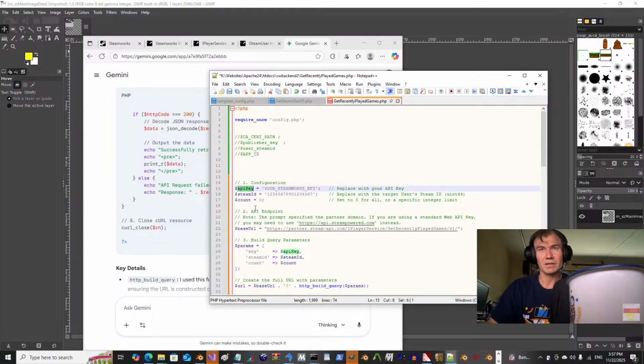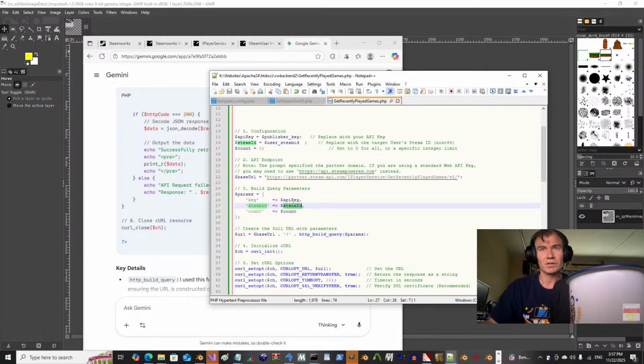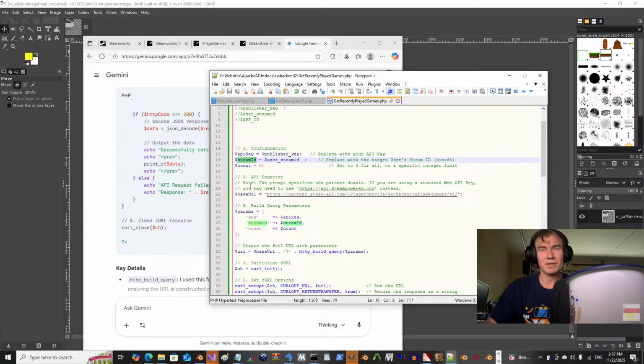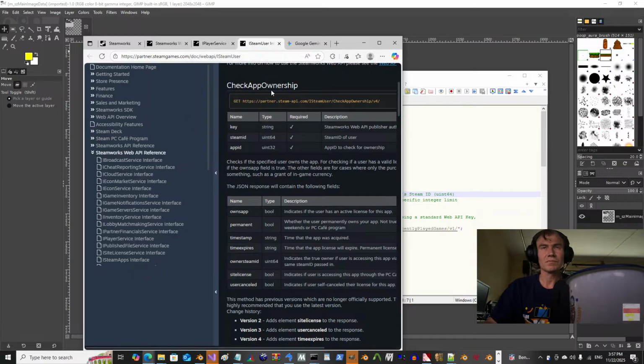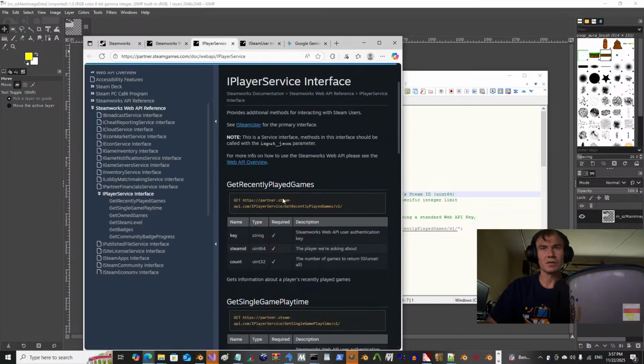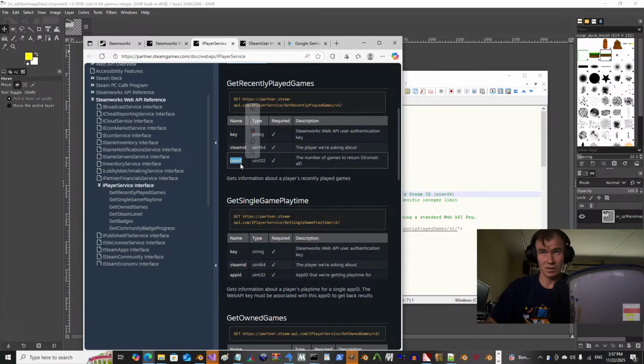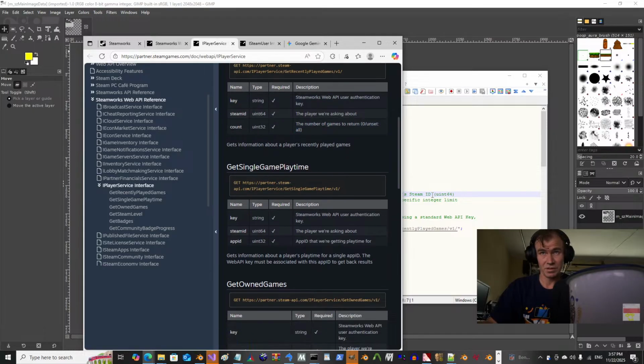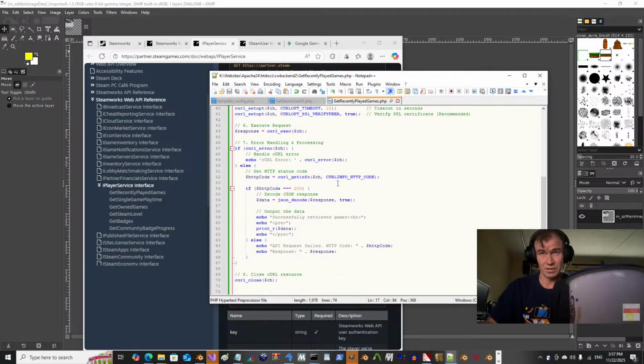So the API key will be my publisher key. I'll just do it like this, just for speed purposes. User Steam ID, which is defined, just pretend I'm putting in my actual Steam ID, the long one. Count: set 0 for all or a specific integer limit. Okay. So you specify the key, we specify the Steam ID. And we're calling get recently played games and the count, the number of games returned, set to all. Okay, so when this returns,